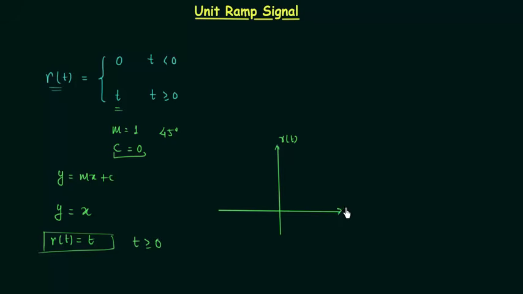r(t) when time t is greater than or equal to 0 is simply equal to t, and when time t is less than 0, r(t) is equal to 0. The angle is 45 degrees, or you can say the slope is equal to 1 because slope is equal to tan 45 degrees. Now we will discuss the properties